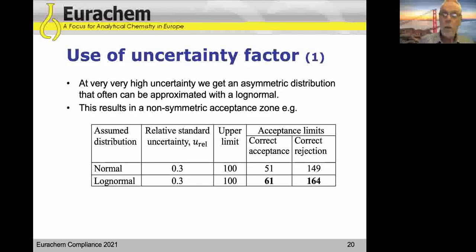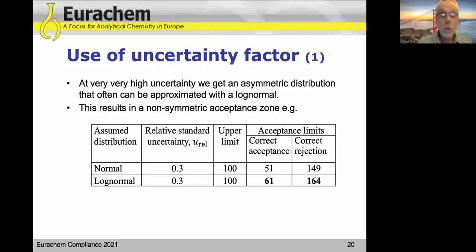Now, if we come to higher uncertainty, we usually see that we have asymmetric distributions. And I told you that is already well known in microbiology. And then we can see that a good approximation is to see the distribution as log normal. I will give you a short